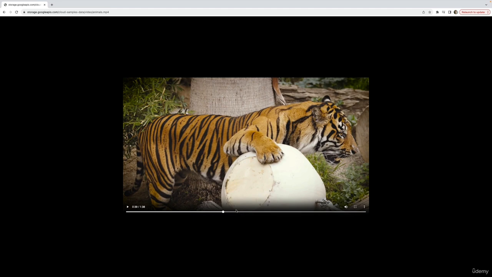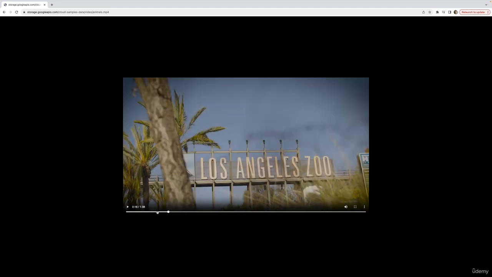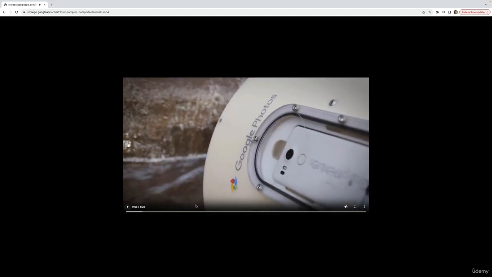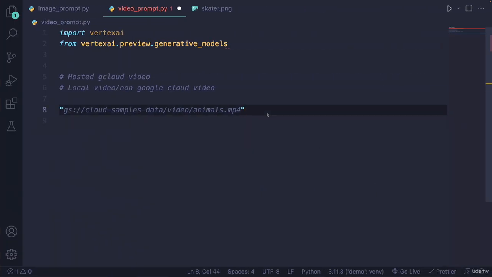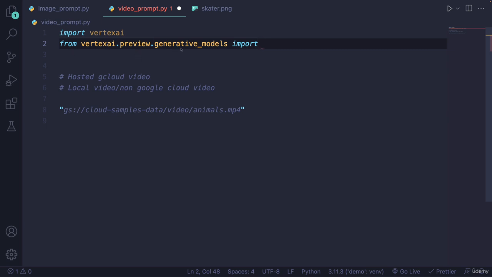They're talking about how they made cameras that allowed animals to take photos and trigger the photos. But I'm just going to ask a simple prompt about this video: what animals are shown in this video, just to show you that we can do this. So if we have a cloud storage URL coming from Google, what we can import here from vertexai.preview.generative_models,